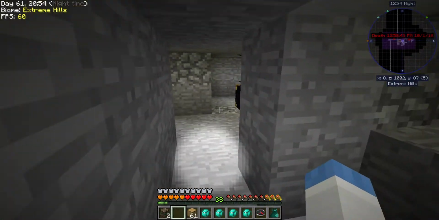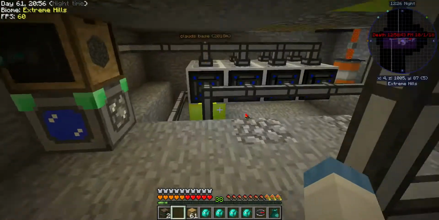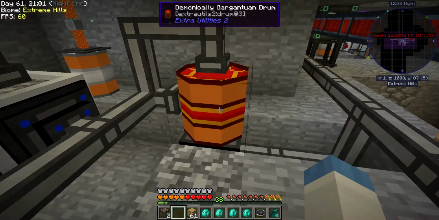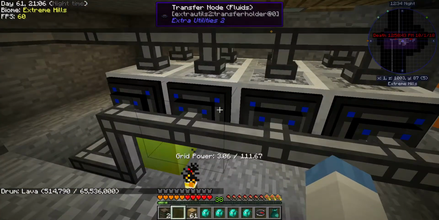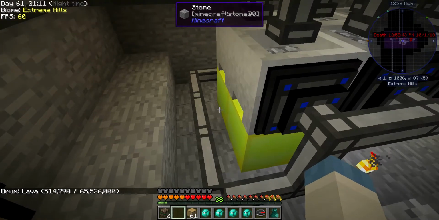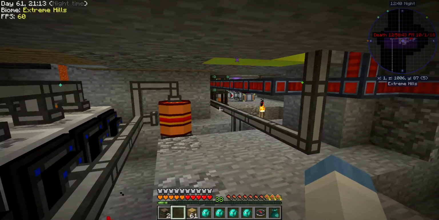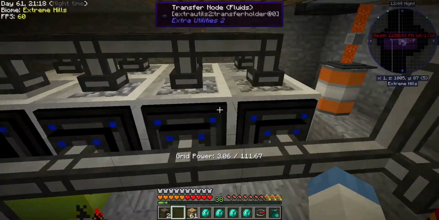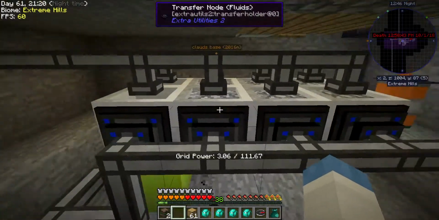Actually, we got to go this way. I've expanded the lava system, so I'm trying to get this barrel here filled up, and it's going to be a long time before it gets filled, but what I'll do is I'll eventually get more yellorium because I'll have to start using the sieve, because the only way to get osmium and yellorium is through the sieve. And I'll go ahead and start doing all that and get these all set up so they're just going to be constantly